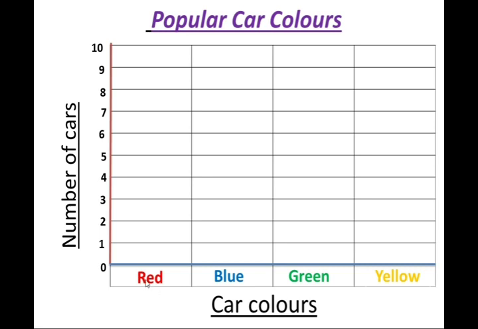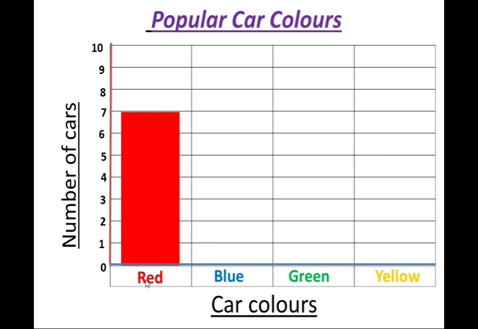Do you remember how many red cars were counted during the survey? There were 7 red cars counted during the survey. Now you could do one of these 2 things. You could either look for the number 7, right, and draw a line in line with the 7, starting from the 0 and ending at the 7, and then color in